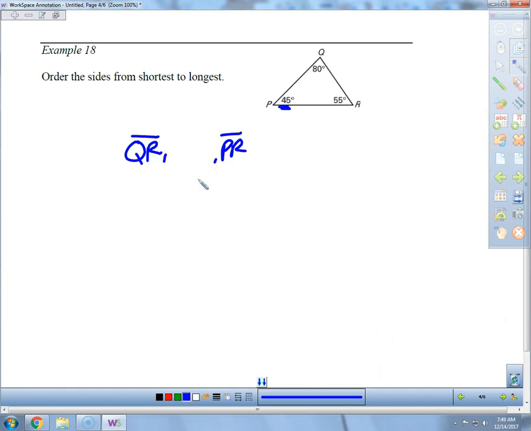Which means what side is the middle length? Well, we did QR is the shortest, PR is the longest, PQ would be the middle of those side lengths. So from shortest to longest, QR, PQ, PR. All right. Now, that's important to know. But this next thing is also quite important, and it's the main thing I want us to be able to pull out of today, is